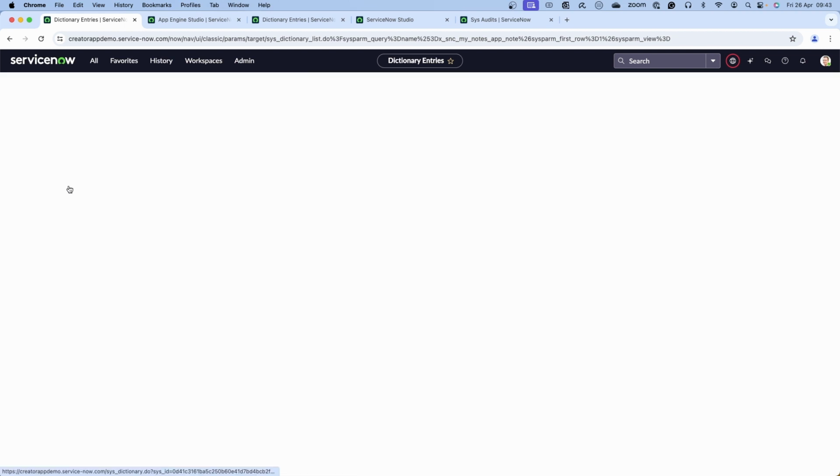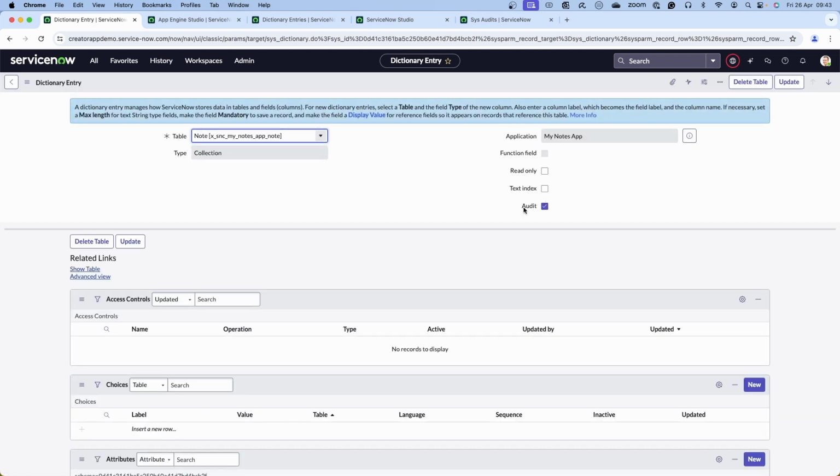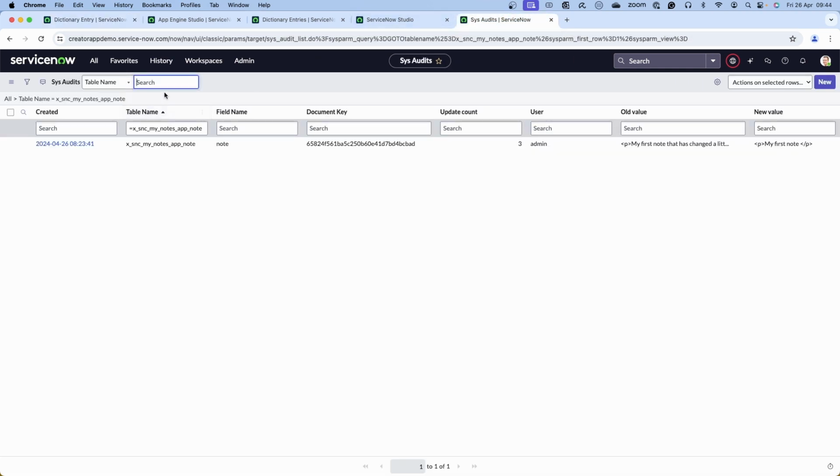If we go into that, we have to make sure this audit item here is ticked. If this is not ticked, tick this, and this will now make your table auditable, which means it's going to capture the changes to the various fields that we have as we go along in here. Once you've done that, you can check to see if it is audited by making some changes to the data and going to the sys_audit table. So if you go to All and type